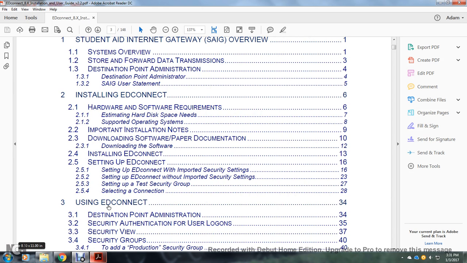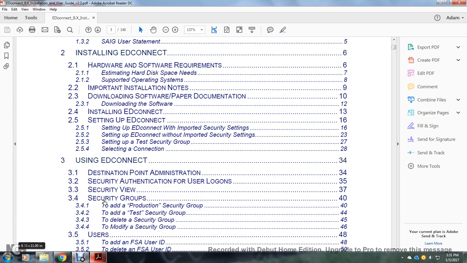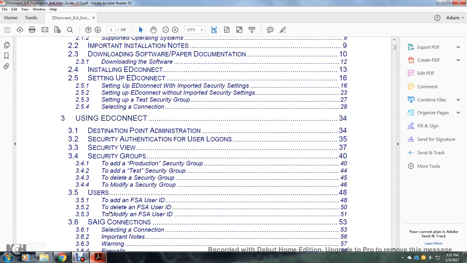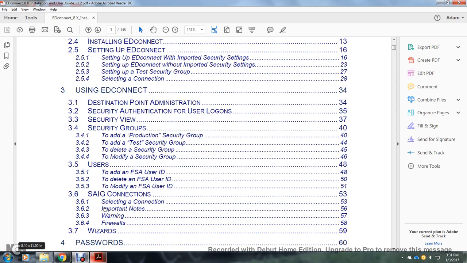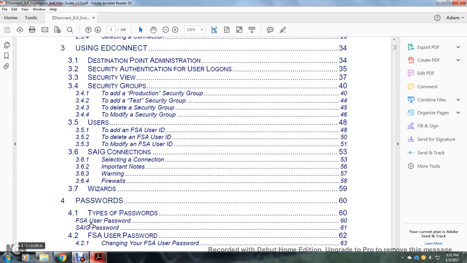group, selecting a connection. Using the EDconnect destination point administration: security authentication for user login, security view, security groups, to add the production security group, to add the test security group, to delete a security group, to modify a security group. Users: to add a Federal Student Aid user ID, to delete a Federal Student Aid user ID, to modify the Federal Student Aid user ID. Student Aid Internet Gateway connection selection, connection important notes, warnings, firewalls, wizards, passwords, types of passwords,